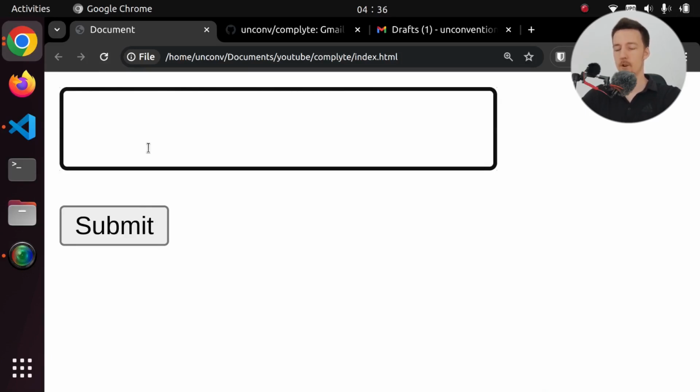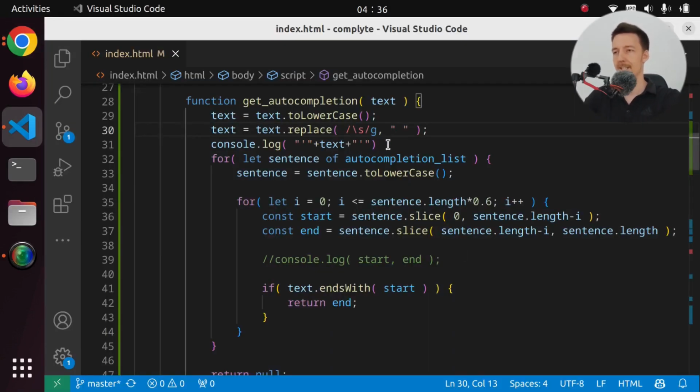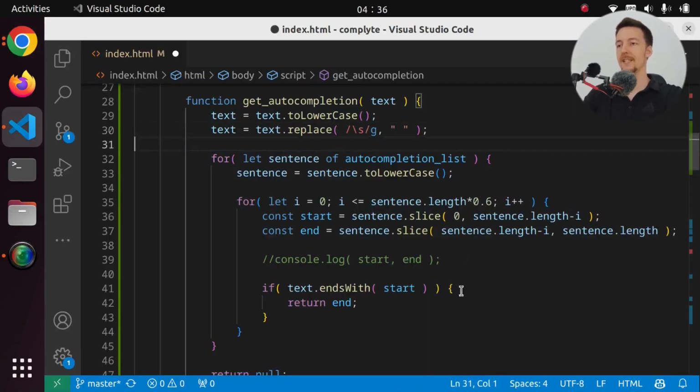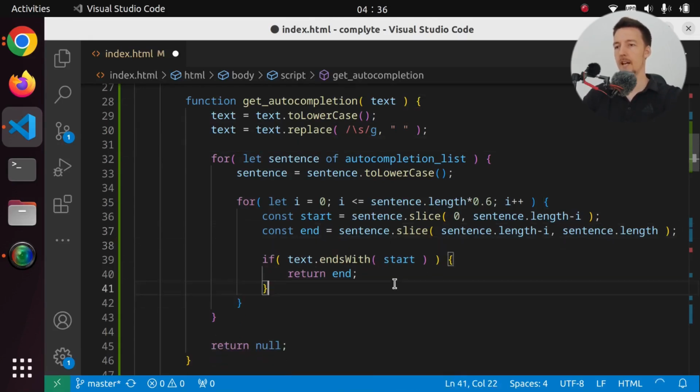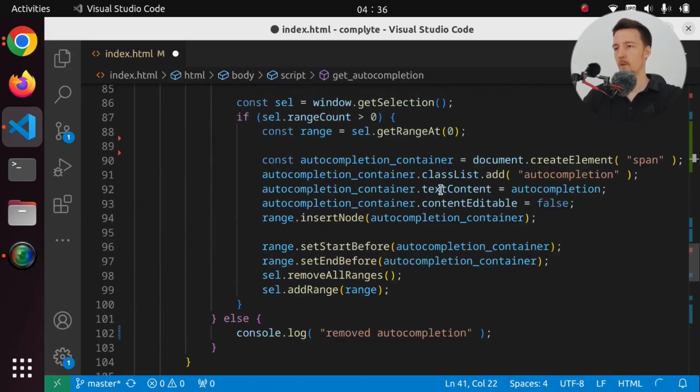But there is no space shown. Sorry for the late. If I do this, the reply is right there. So that is probably trimmed at some point when we actually put it into the DOM. So let's remove that thing again. And when we add it, we have to actually put it back as a non-breaking space, maybe. Where are we doing that? We are setting the text